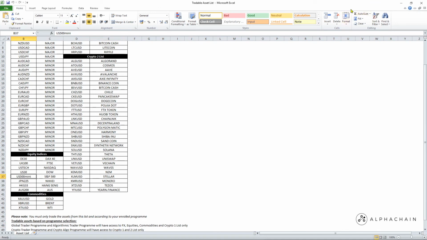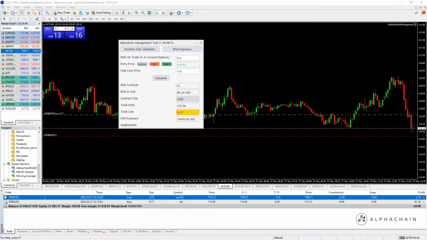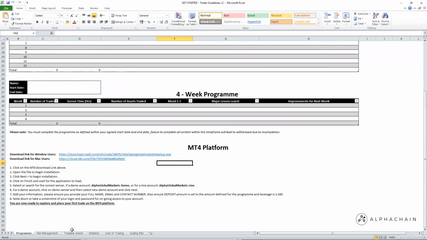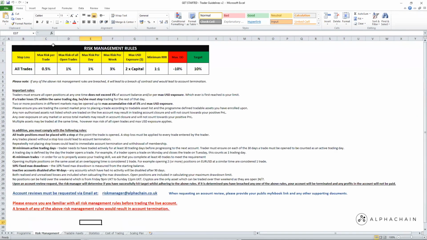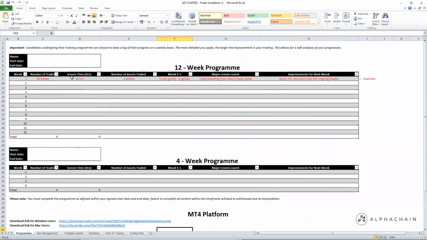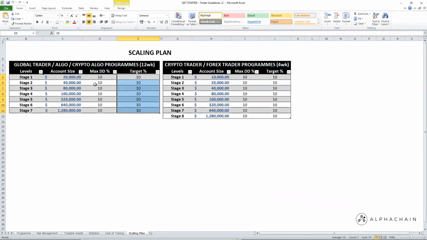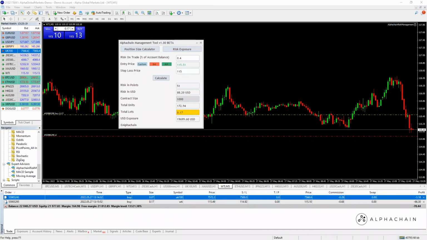And then we covered the get started file. I'll just bring that up also. The get started file will have your tradable asset list, but also the risk management rules, as defined. Make sure you go through all of these rules and understand them. If you have any questions, reach out to us. Do look to fill this in for your own self-development as well. And you can see the scaling plan that you're in store for as you progress onto live funds as well. And of course, having access to